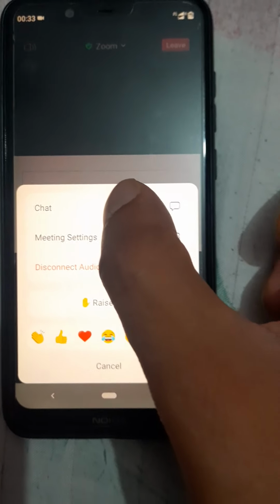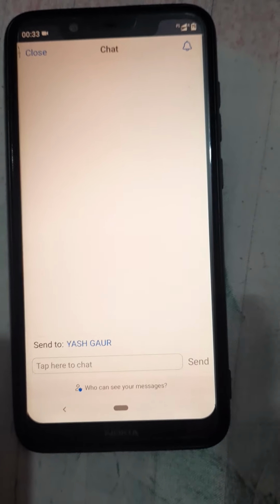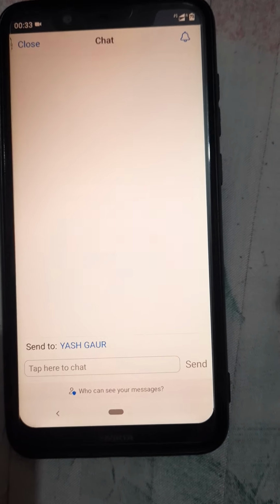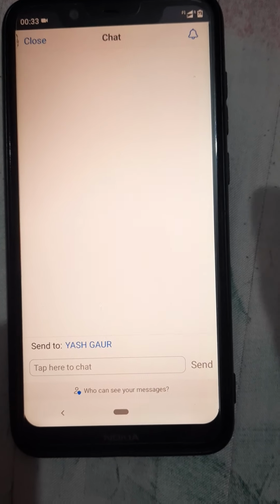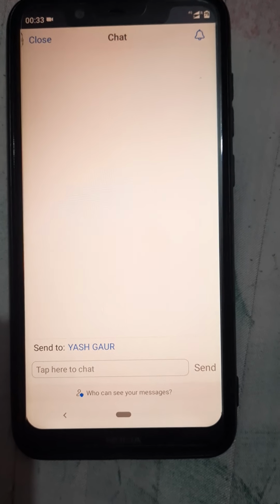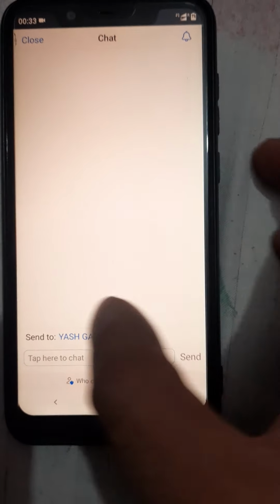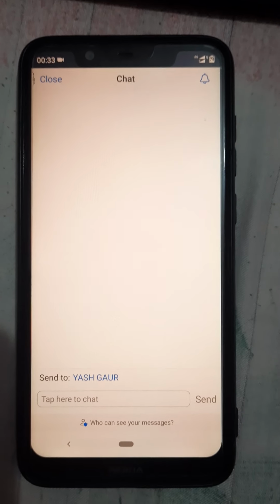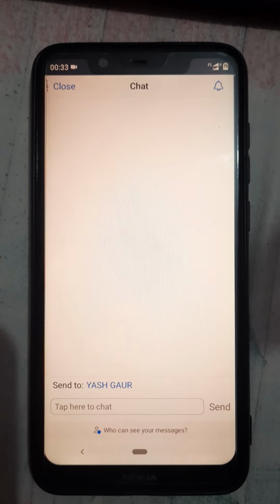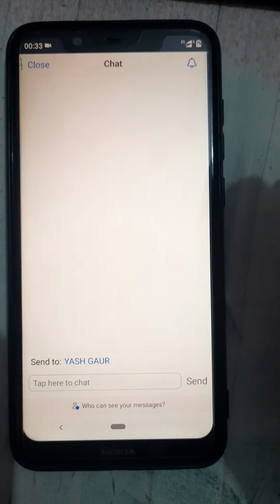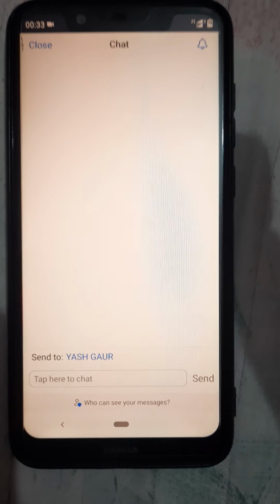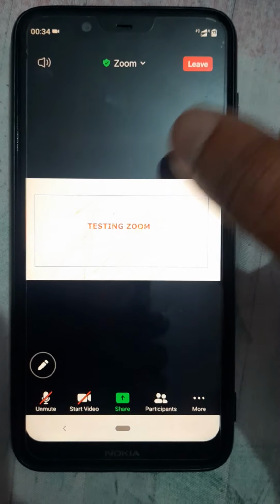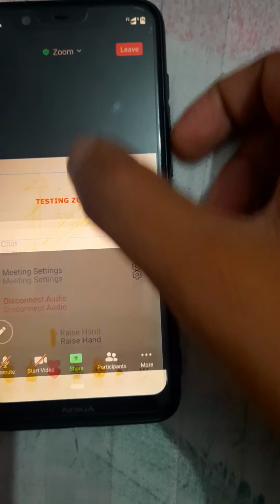Next are some settings. One is the chat setting. Chat settings are also maintained by your host. You can chat among the participants. Suppose there are 10 or 20 participants, the participants can also chat with each other. But if your host, your teacher, has blocked that option, you can only chat with your host. Here as an organizer, I have allowed the students to chat only with me. It means they can send any doubt or any message to the teacher, but they cannot chat among themselves. So in a classroom, for teacher and student, that should be the option, so that you can ask any doubt. So this is the chat option.